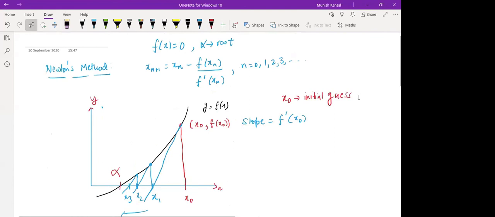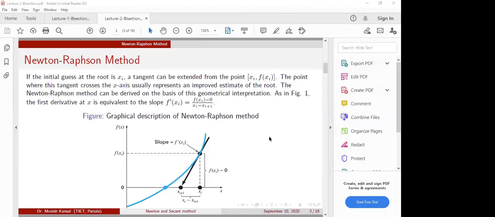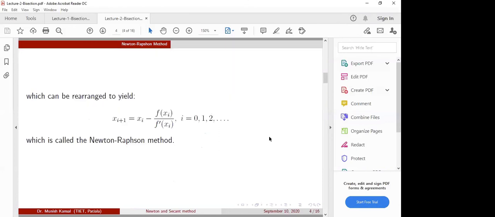So this is the theoretical background of Newton's method. Let me just again share the PPT with you. I have written these things in the form of a PPT here. You can relate it to what we have studied till now. This is the graphical interpretation of Newton-Raphson. I have just made the plot here. You can derive the Newton-Raphson method graphically, and there are many other ways. With the help of Taylor series, you can find out this formula.